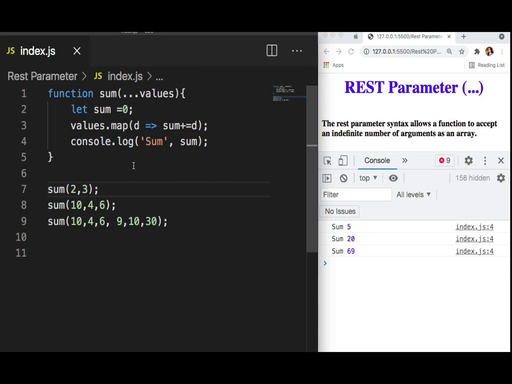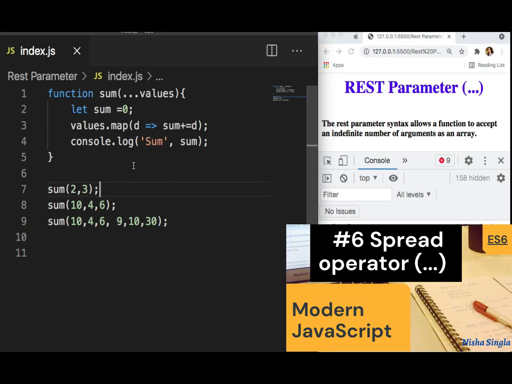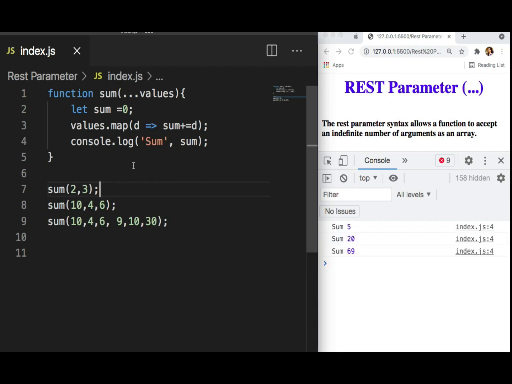So now we can say that the syntax of rest and spread is the same, but it's entirely opposite from the spread operator. To clear up the difference, first of all you should be clear what the spread operator is. If you didn't cover my previous video, first take a look at what the spread operator is and how it works, then automatically this rest parameter will also make sense.